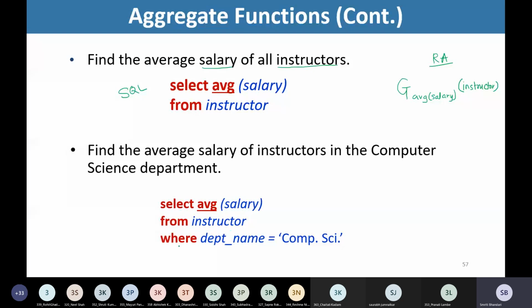Select average salary from instructor where department name equal to computer science. So what will this statement do? This statement will first try to find out the tuples where department name is computer science, right? So first of all, this statement will find tuples such that department name